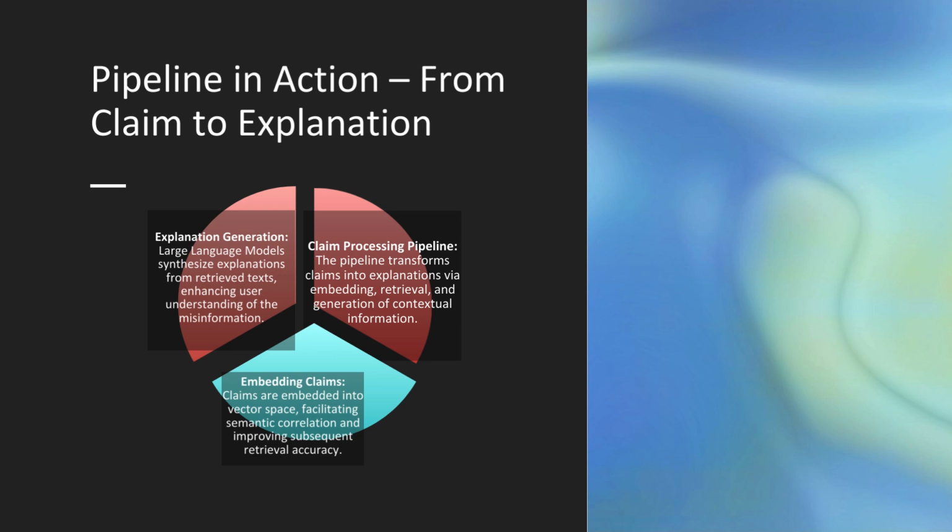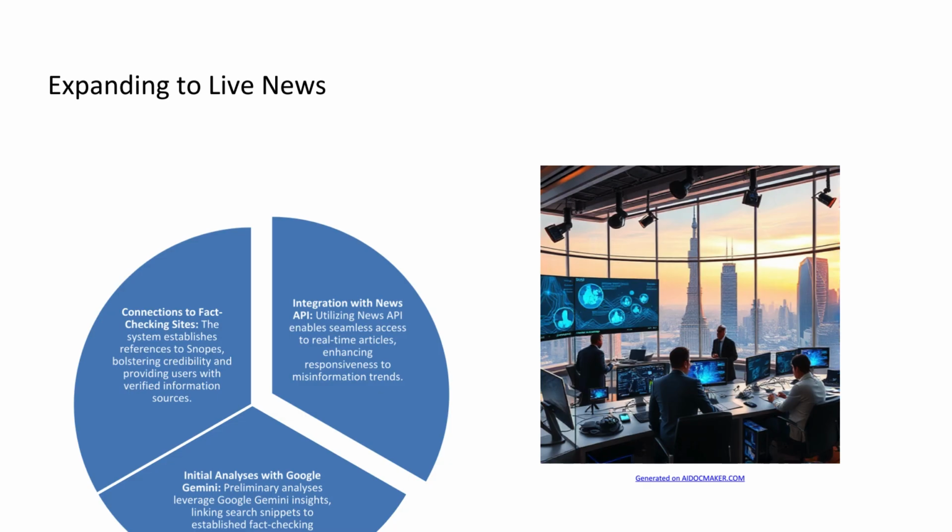Makes sense. Okay, now things get really interesting when it shifts from static datasets to tackling, well, the firehose of live news, using NewsAPI for recent articles and Google's Gemini model for analysis. Yes, this makes the system dynamic, able to handle current events. NewsAPI lets you programmatically pull recent news articles on specific topics, like AI developments. Then the idea is to use a powerful LLM like Gemini to get a quick read on the likely truthfulness